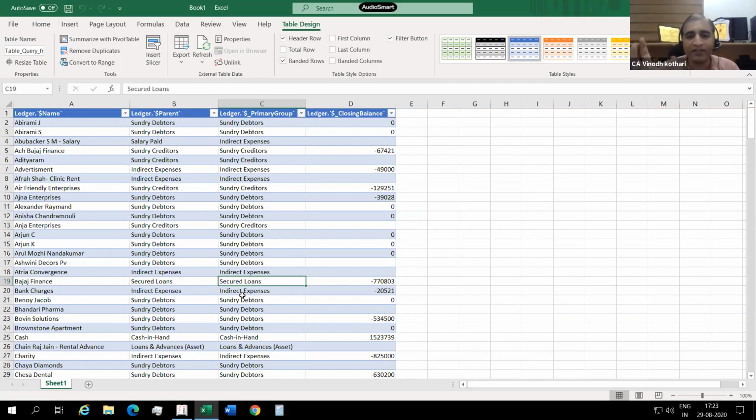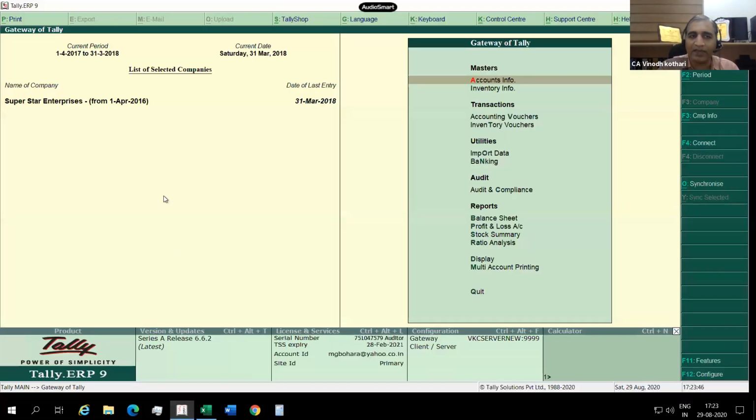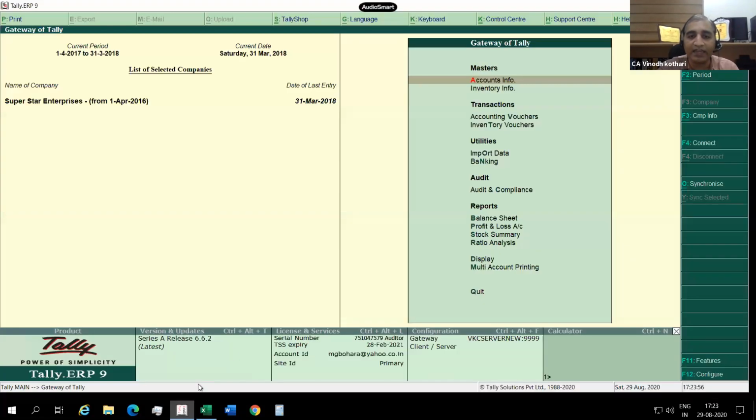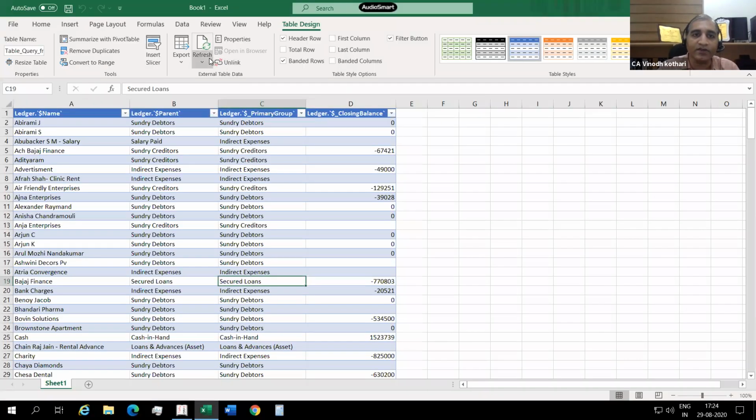file. So some other Tally is getting connected here, but if it's an individual system, there is not an issue. Here you can see that for this company I have selected, some other staff of mine is using some Tally file, so it is getting connected, but at the end of the day the result will be the same. Now by this, what happens is, if you pass any entry in Tally and select refresh,